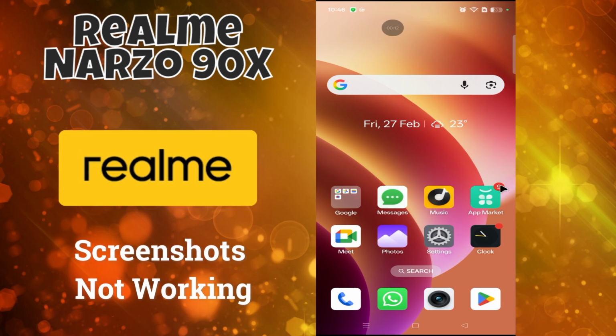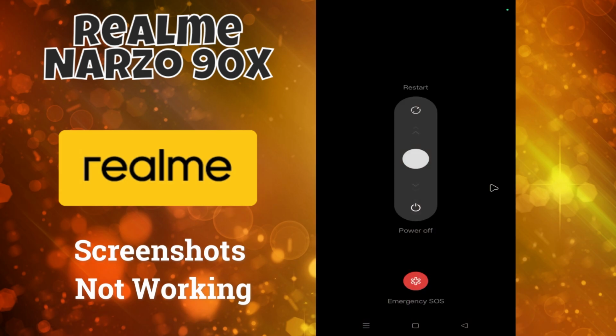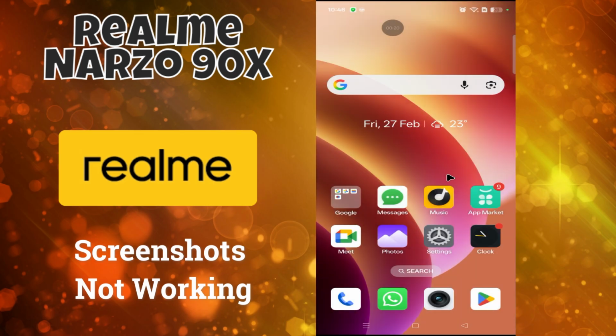Just click and hold the side power button and restart the device from here. After restarting the phone, you will see your problem is solved. But if it is not solved,